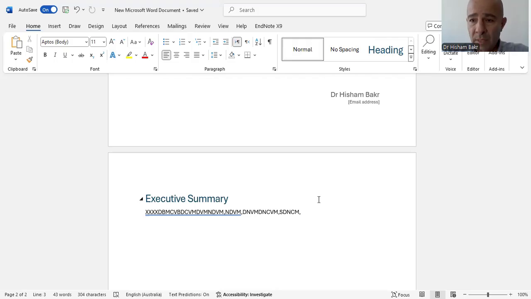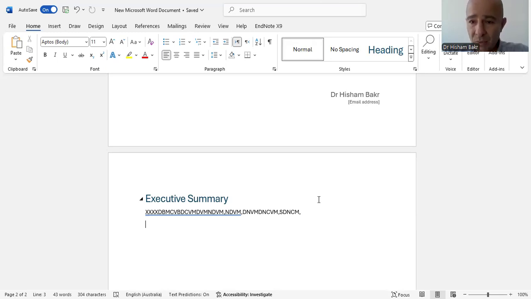You can go up and down a bit, but an appropriate executive summary is between 250 and 350 words. It is generally excluded from the total word count of your paper. So if you are required, for example, to submit a paper of 3,000 words, plus or minus 10%, a bit more, a bit less,